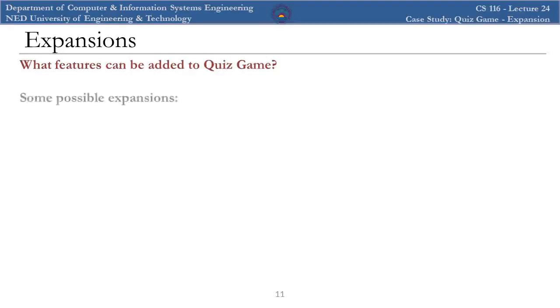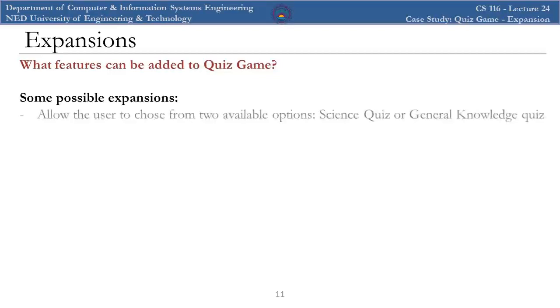Now let's see what you can add to this existing application of the quiz game. You can think of a lot of things, but here are some that I could think of. The first one is that you give user choice for the quiz, like he or she could select the topic. We discussed this during design phase as well, but at that time I said that to keep things simple, I opted for a general quiz only. But now we are done with the basic structure, so let's see how we can add this feature to our